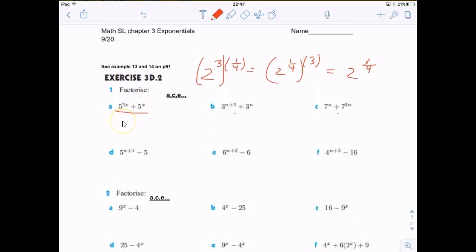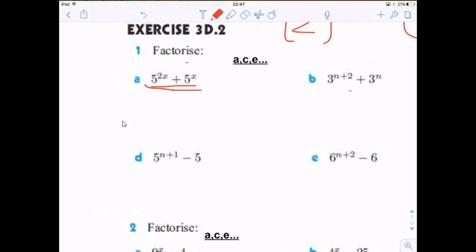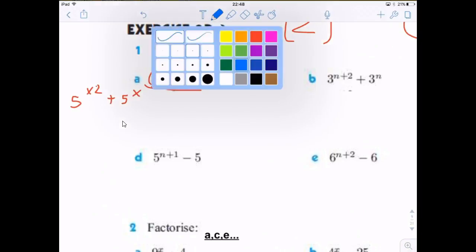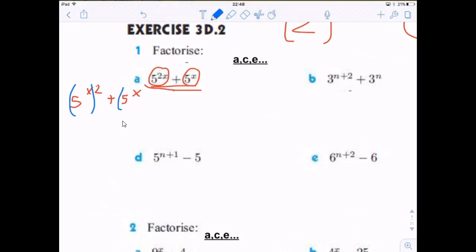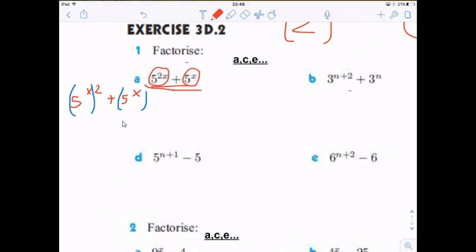Okay, so let's start on the first one. It says to factor this expression here. I'm going to show you two ways to do it. One is that you recognize that this is very similar to this, and if I just reverse the order of the factors in the exponent, instead of 2x, I put x2, now it looks very similar to this. I'm going to put parentheses around the 5x here, and then now you can see that I have the same thing in both places. So now if I factor it, I could say that this is